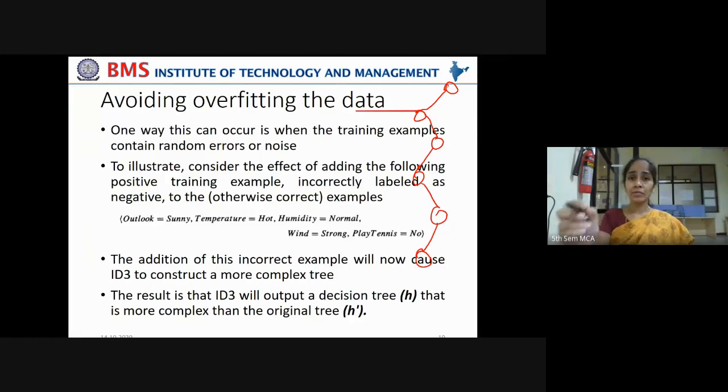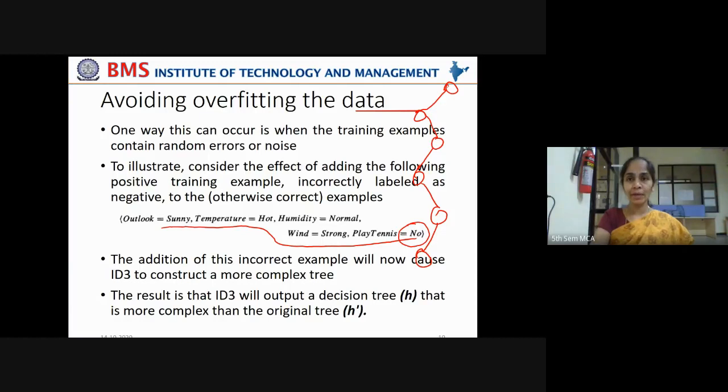Now to that data set, let us assume a 15th data point is added: Outlook sunny, temperature hot, humidity normal, wind strong, and the label as no. It is incorrectly labeled as no; actually, its label is yes. This is noise in the data.